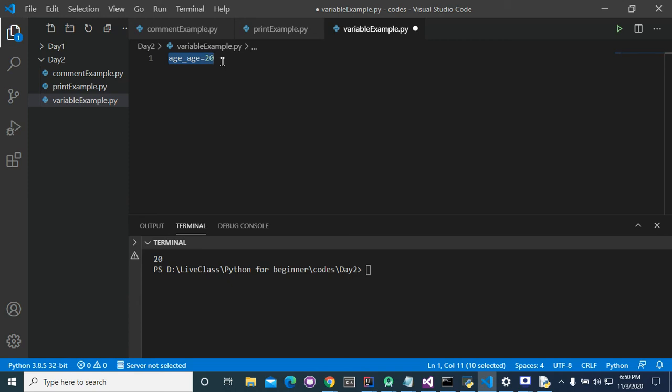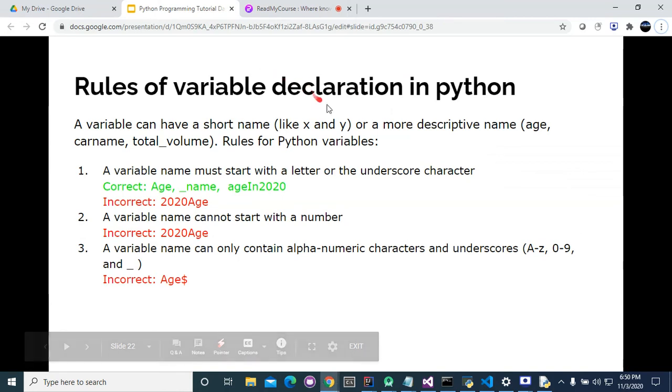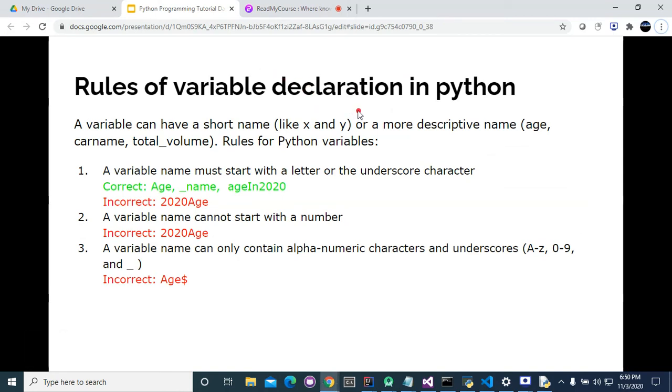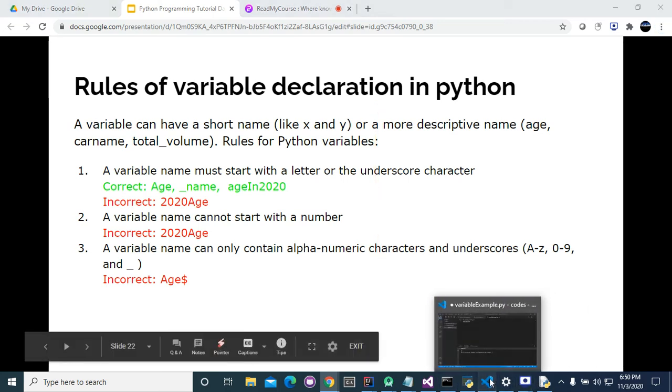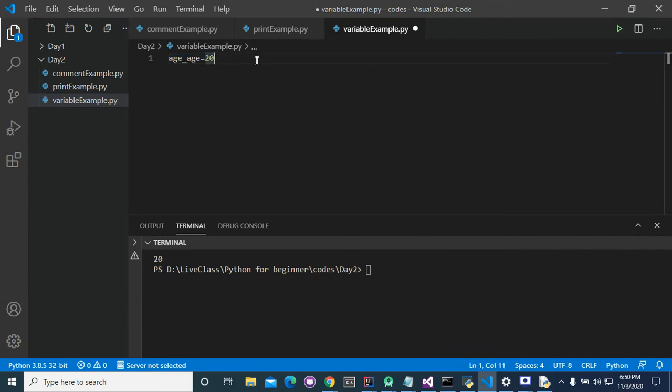Does anyone have a doubt in the previous topics? Actually, I am closing this session. Is there any doubt? Yeah, actually, if you want, you can install.